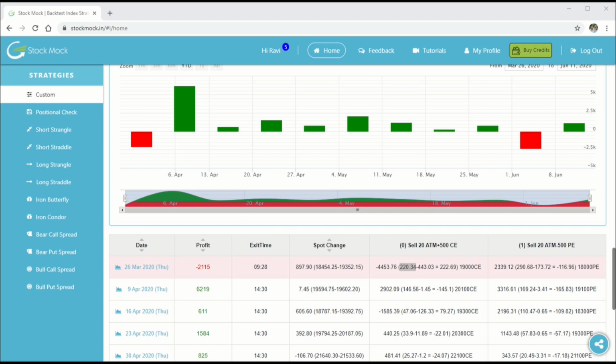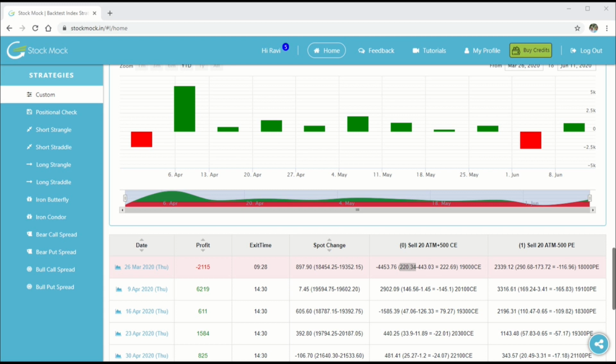As I mentioned in my previous video about stop loss, if you have set a max limit as a stop loss, and if the opening candle itself is greater than the stop loss level that is configured, Stockmark will consider the worst case scenario and provide the high value of the opening candle as your exit value, so that the users can understand the maximum risk that is associated with the strategy based on the back-tested results.